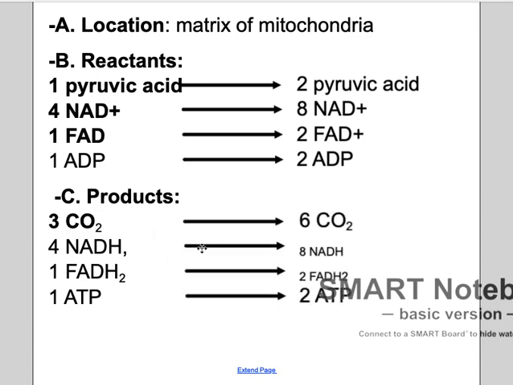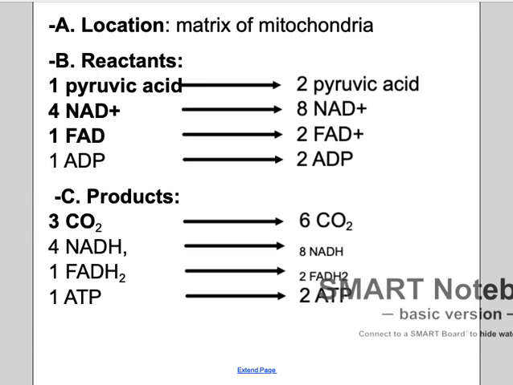So now my products, I also have to double them. Instead of creating 3 molecules of CO2, now I have 6 molecules of CO2, 8 NADHs, 2 FADH2s, and 2 ATPs. So these are all my products for my 2 pyruvic acids. Because I took glucose and I split it in half, so I ended up with 2 molecules,